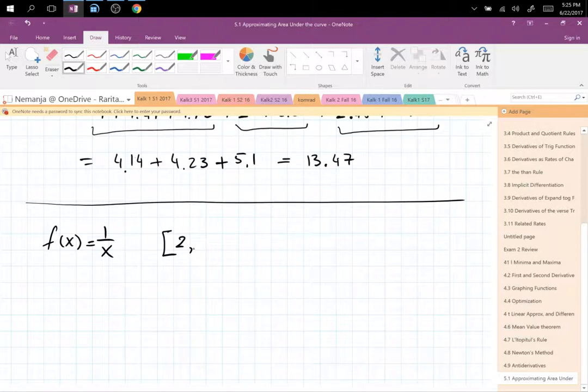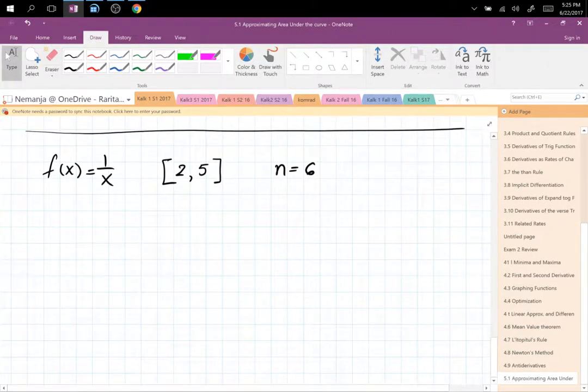Oh, maybe you said 5, and then I don't have to disqualify you. I want 6 rectangles. And I also want the right-hand sum, not the left-hand, like we did so far. So draw the picture, try to see where the stuff goes. So right-hand sum,